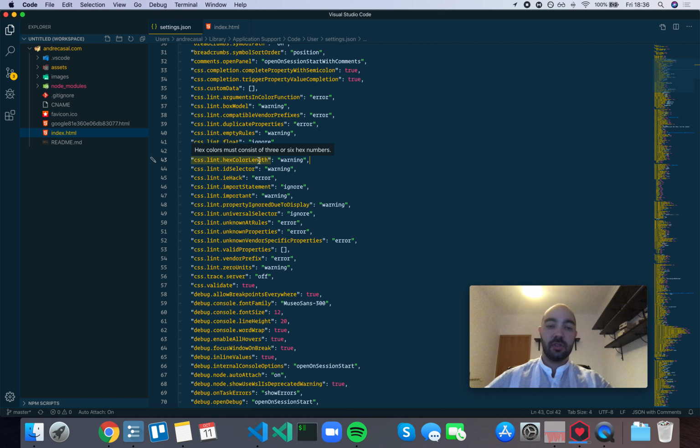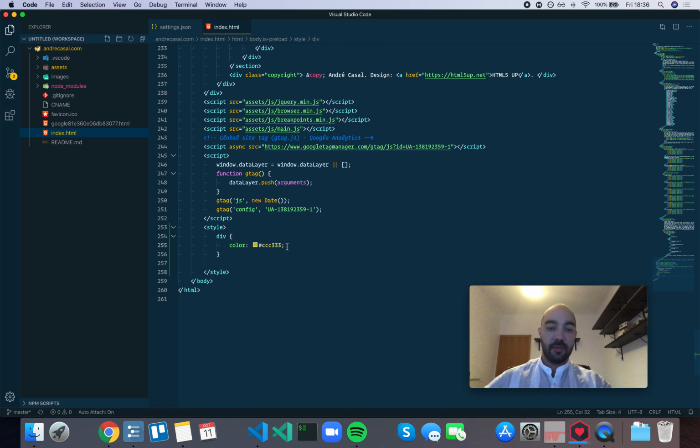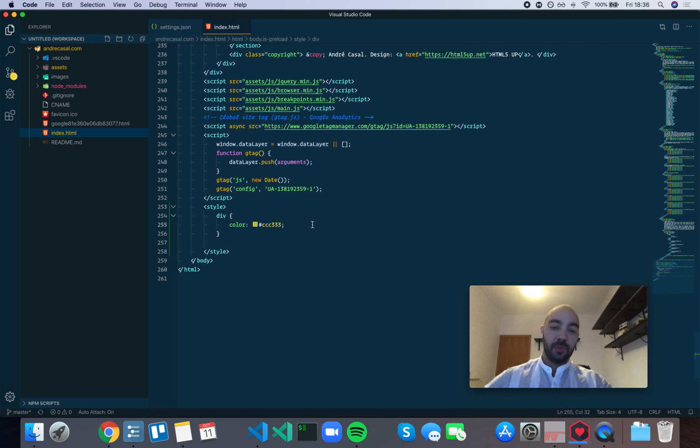I think it's just a setting that kind of fell through the gaps, because if we insert an incorrect hex color value, it's not going to show us an error that's related to this setting. So let me show you what that looks like. So we have this color here, and if we delete a value, or add one, it doesn't really matter as long as it's